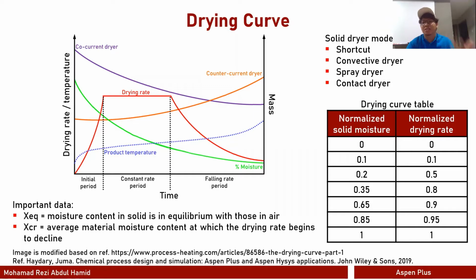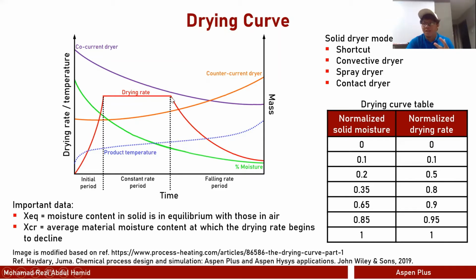Obviously, as time goes on, there's going to be a lot more energy gained by the solid, and the system itself has higher temperatures, and the drying rate will continue going up. And at some point, we will observe a constant drying rate,